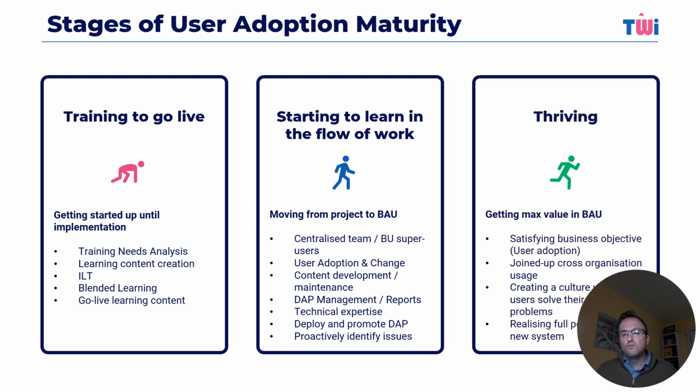Finally, we have the thriving stage. This is where we help clients realize the results of an ongoing user adoption, not just for initial employees, but during an onboarding process for new employees also. Ultimately, we help them create an empowering culture of self-learning in the flow of work. This allows users to learn at their own pace and revisit content as needed, facilitating better adoption, once again by accommodating diverse schedules and learning preferences. It also allows learners to stay up to date with software updates, new features, and evolving best practices. A continuous learning or thriving culture fosters sustained adoption and proficiency over time.